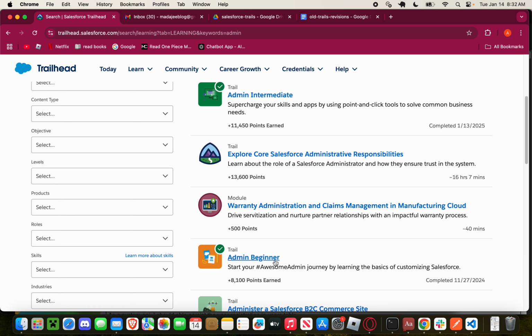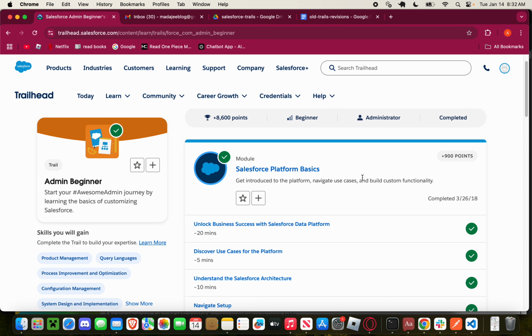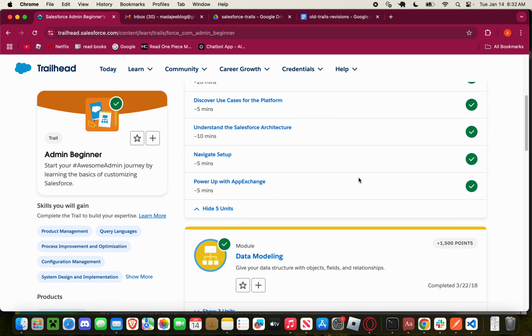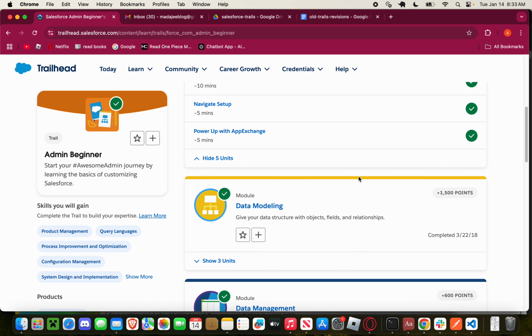In Admin Beginner, we completed that trail and learned the basic navigation: how to navigate around the Salesforce platform, access Setup, Object Manager, and the basic architecture. Then we also covered a bit on data modeling, how to create custom objects, and